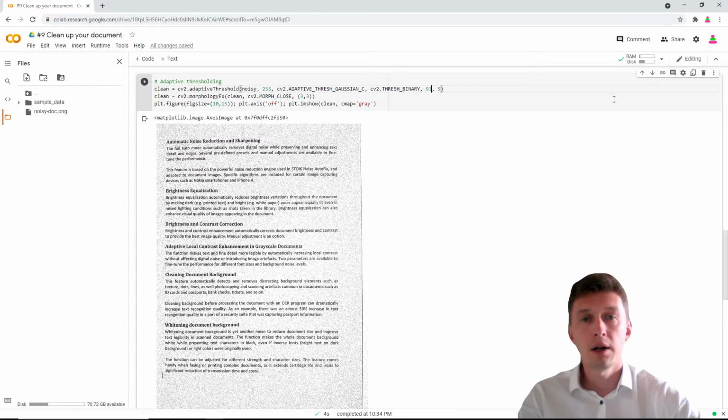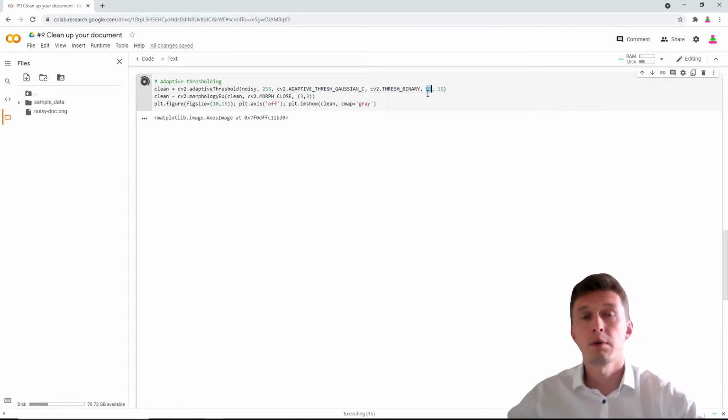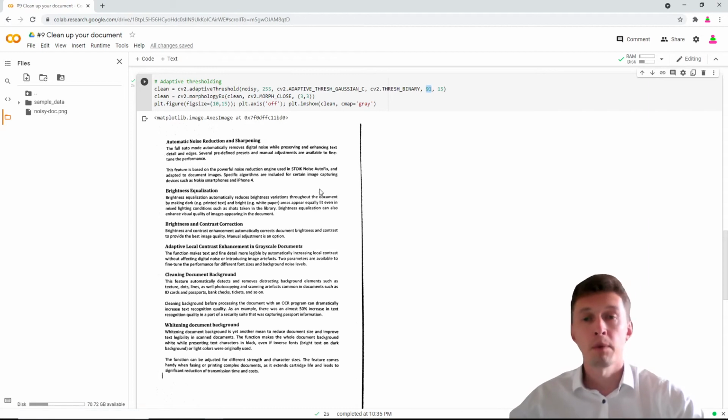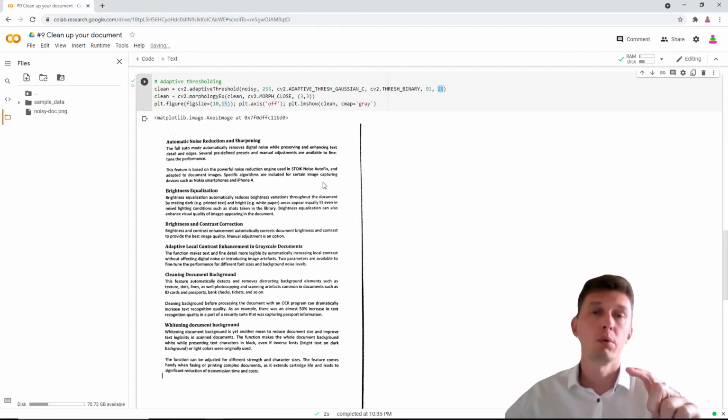So 91 and 15 is pretty good. This one is a reach, it's the reach of the area which is used to calculate the mean value, and this is a clearance, which means how far we step down from this mean value to get a threshold.